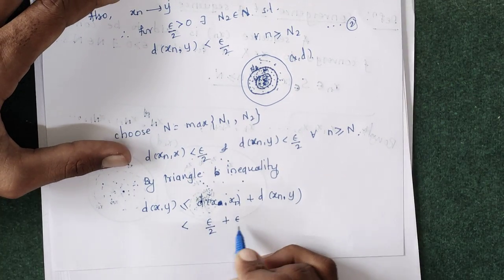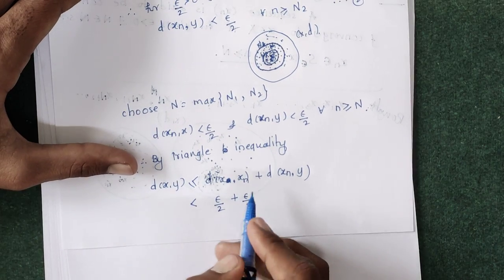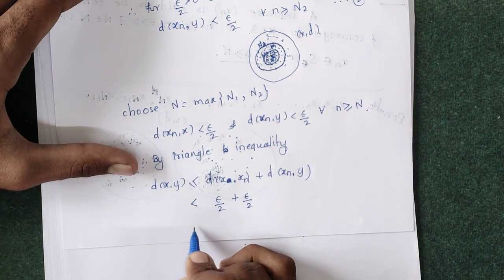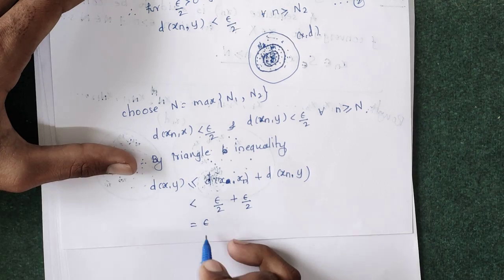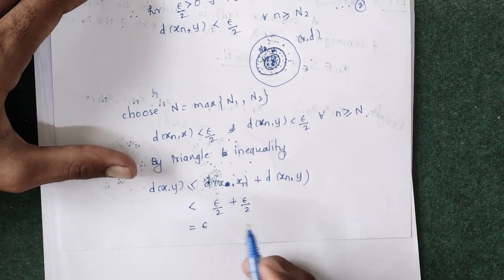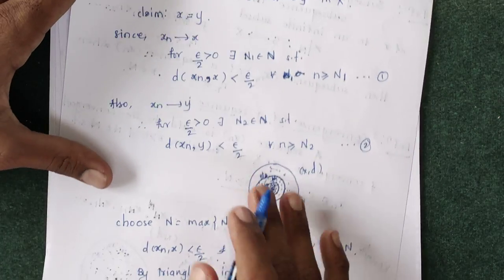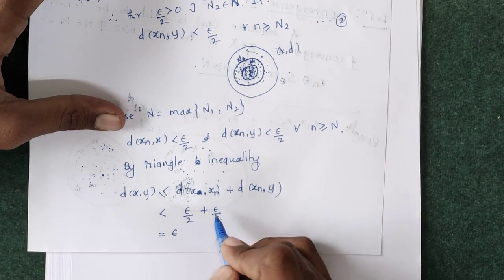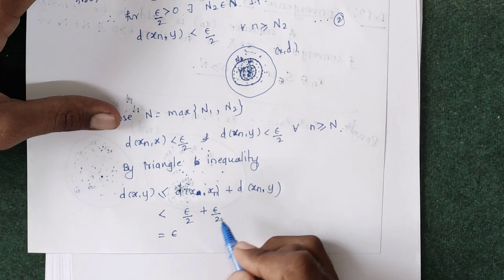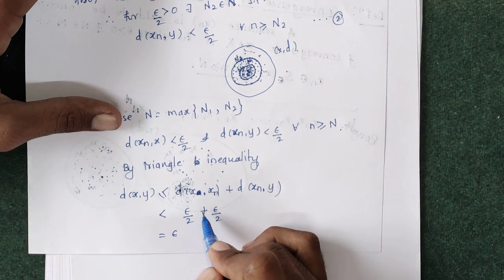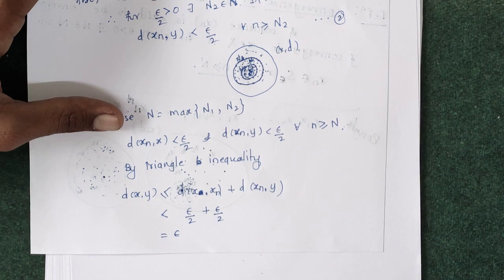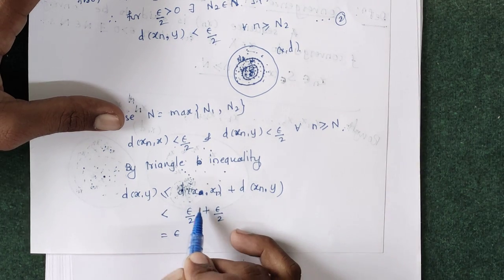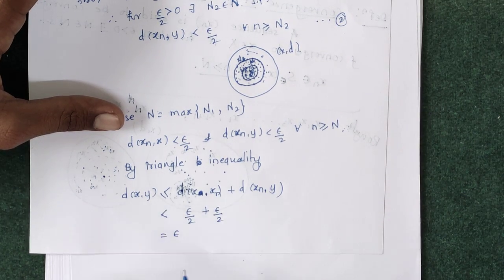This is just for our simplification, that is epsilon by 2 plus epsilon by 2 is epsilon. So we can write that the distance between x and y is strictly less than epsilon. So this epsilon by 2 is just for our simplification. If we take epsilon, then again the proof is obvious, because epsilon plus epsilon is 2 epsilon, and as epsilon is very small, epsilon always tends to 0. Epsilon is a very small number, that is, the distance of x y tends to 0. So x and y are equal.